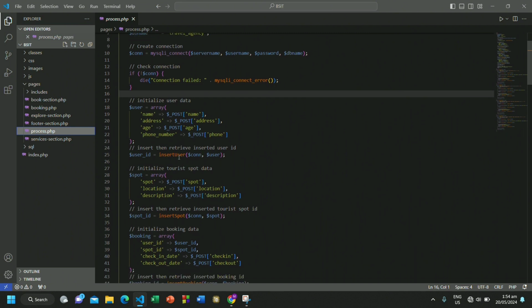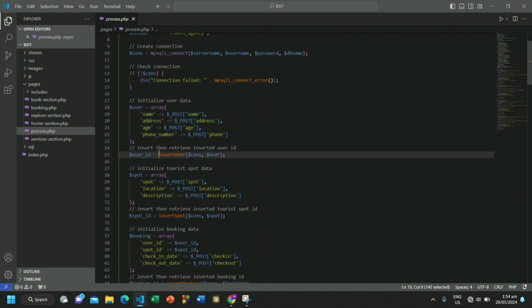After that, we extract the user ID using this function. This function will post or record all this data into our database.